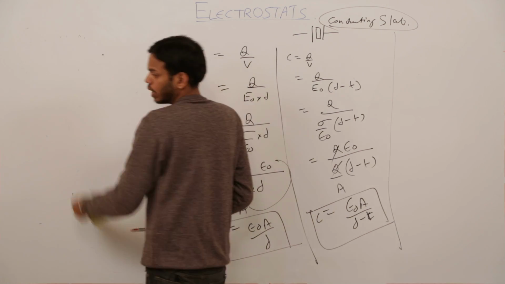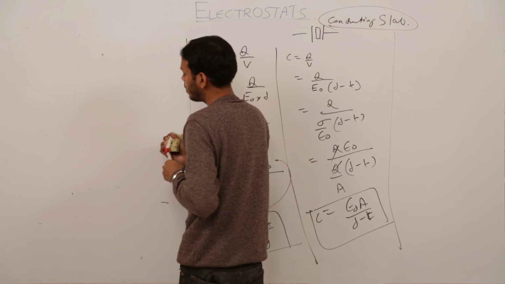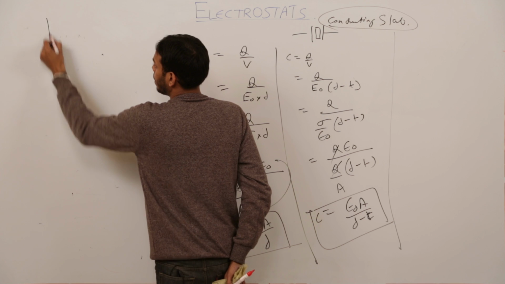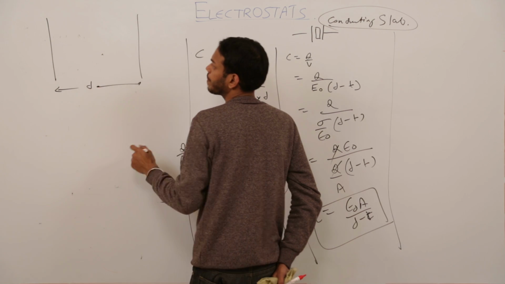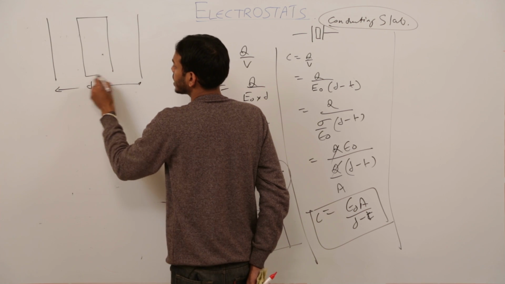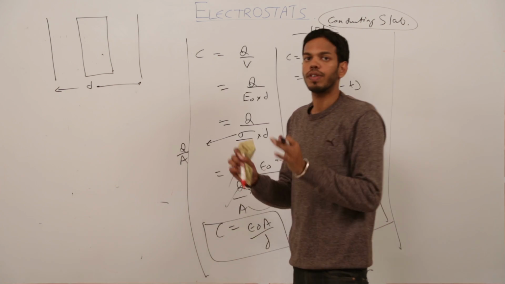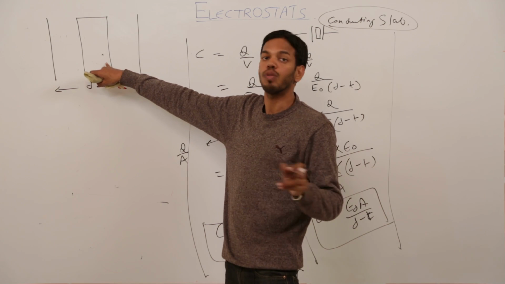Okay, look at the diagram. These are my plates, plate number 1, plate number 2. This was the original distance d. I am introducing a dielectric slab. So in case of dielectric, there will be some electric field inside the dielectric slab,